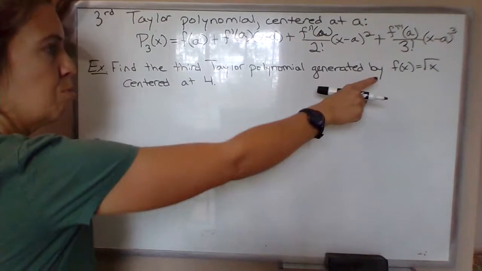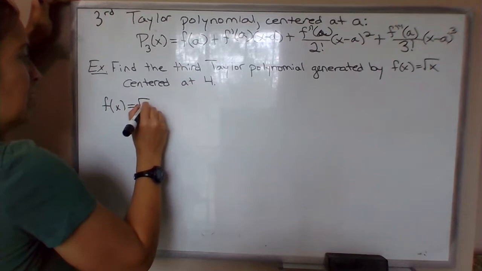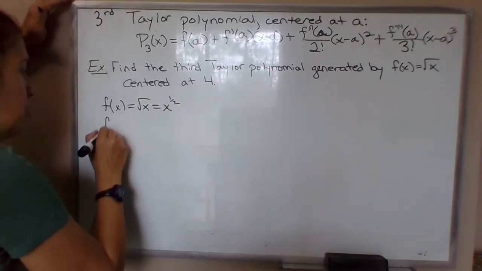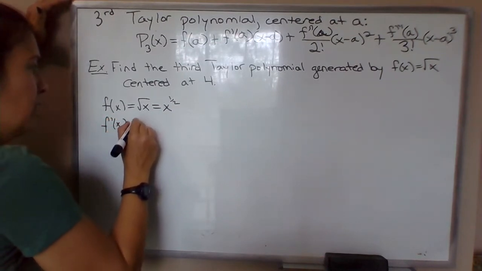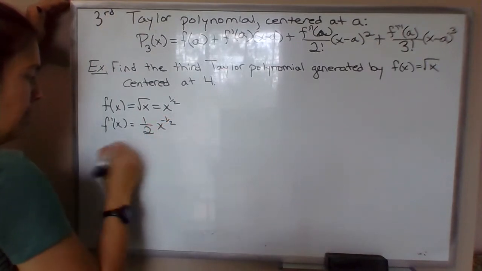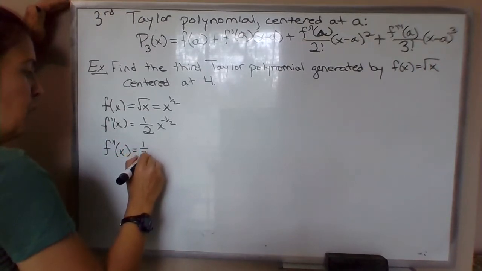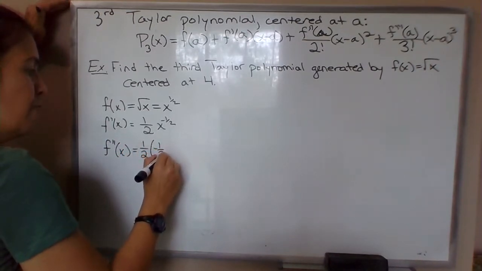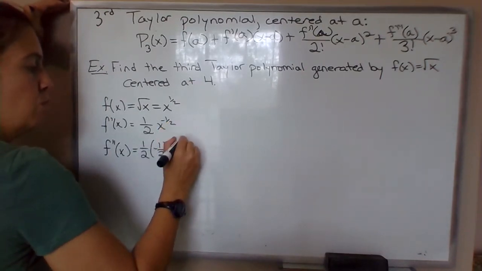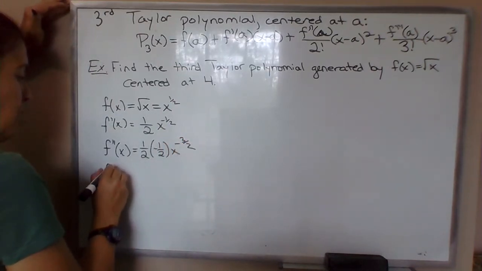So now for this specific function, let me write the function off to the side here. So f of x is the square root of x, which can be expressed as x to the 1/2. So the first derivative, according to the power rule, would be 1/2 x to the negative 1/2. Second derivative would be, so we've already got 1/2 out front, and then the negative 1/2 comes down. X to the, subtract 1 from the exponent, so minus 2 over 2, this will be to the negative 3/2 power. And then third derivative,